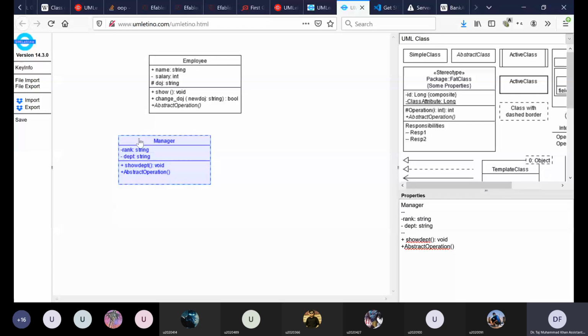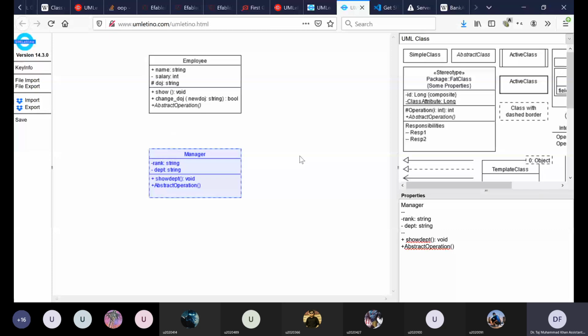So inheritance is a relationship, and this relationship can be shown here by using this arrow. This arrow is basically a straight line with a blank arrowhead. This relationship is called inheritance, or in UML terms, it's also called generalization.